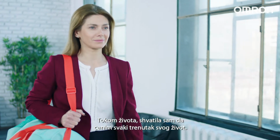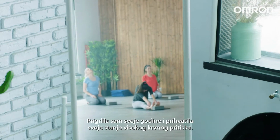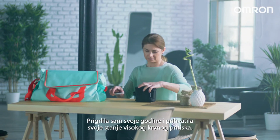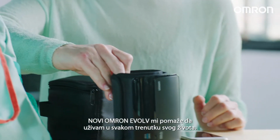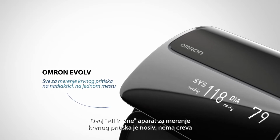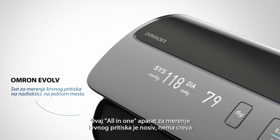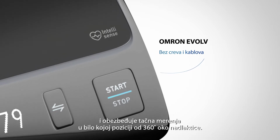Over the years, I realized that every moment is a celebration of life. I've embraced my age and accepted my high blood pressure condition. The new Omron EVOLV helps me enjoy fully every minute of my life. This all-in-one upper arm blood pressure monitor is portable, has no tubes, and it ensures 360-degree accuracy in any position